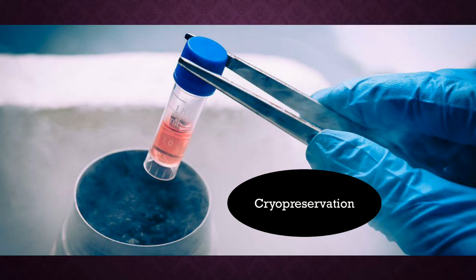The reason being, there will be ice crystals that are formed, which will prevent the formation of our cell, and the cell structure is also getting harmed. So when we use liquid nitrogen or when we go for cryopreservation, we have to make sure that we use a stabilizing agent or a cryoprotectant. The stabilizing agents that are commonly used are glycerol.